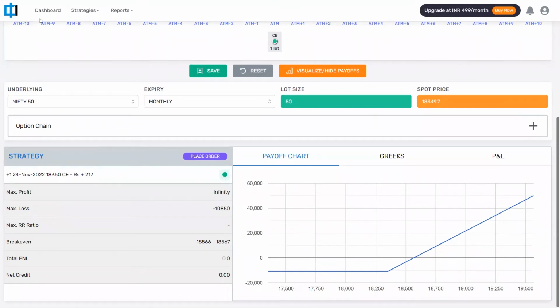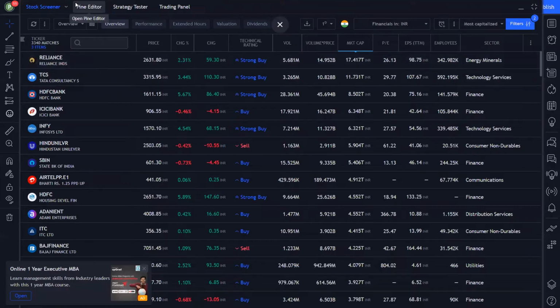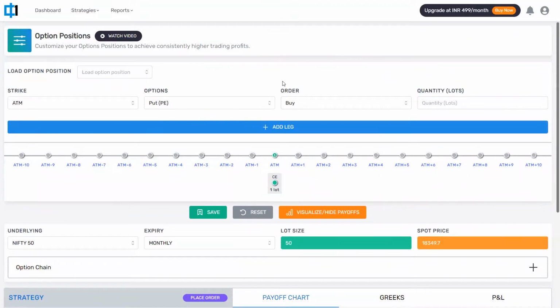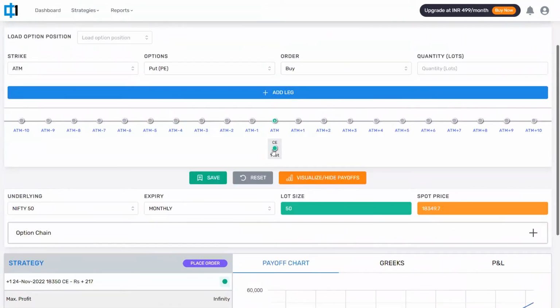So let's say we go to something like TradingView, and we say that we've developed some sort of an opinion about some instrument. Let's say the instrument that I have an opinion about is TCS, Reliance, whatever. In that case, I can go back to my PHI dashboard, the options page. And if my outlook is definitely positive, the simplest thing that I can do is buy a